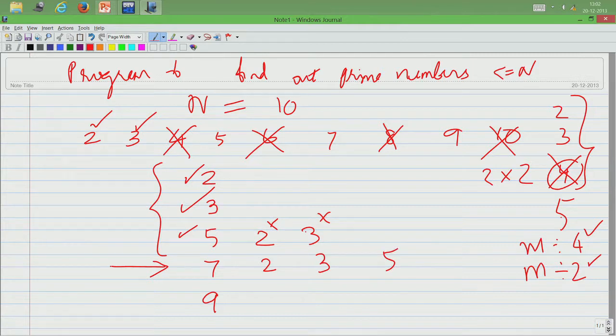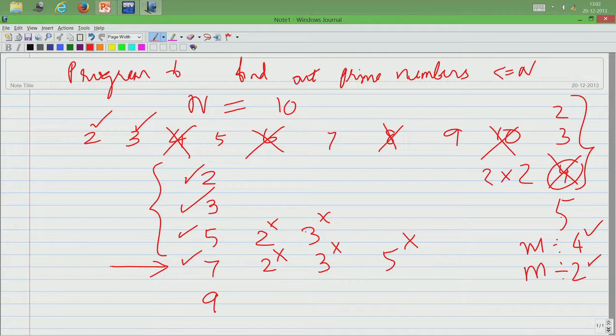Again as before, I will assume that 7 is actually prime until it is proven otherwise. I will check whether it is divisible by 2, it is not. I can check whether 7 is divisible by 3, it is not. Is 7 divisible by 5, it is not. So, you have checked all the prime numbers that are less than 7. At this point 7 is actually guilty of being prime and it does not change.